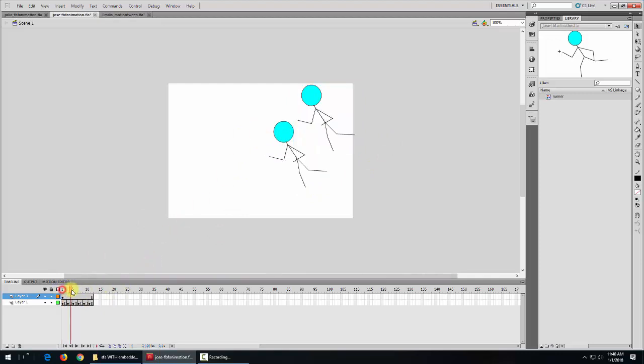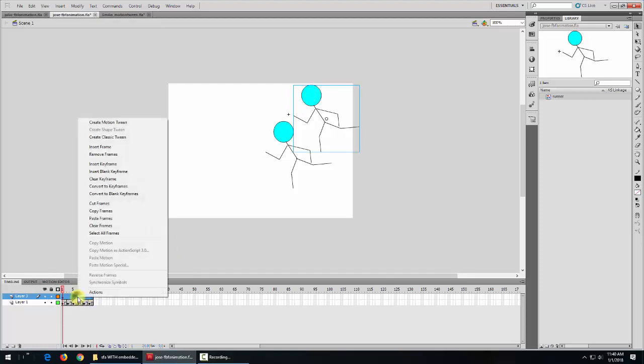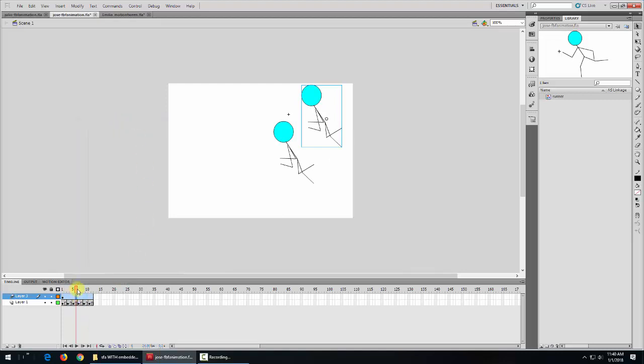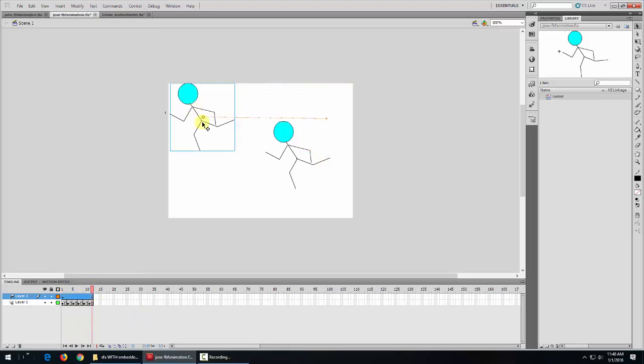And right now, what does he do? He just stands there without moving. If I want this guy to move across the screen, I have to move, like I did in the other video, all the different pieces at one time, which you can group and move and then reposition however you want. But it's much easier to put it all into one symbol. So now all I have to do is right click in this layer, say create motion tween, put the playhead in the beginning, he's over on the right, and at the end I'll just take him and move him over to the left. So now he moves across the screen